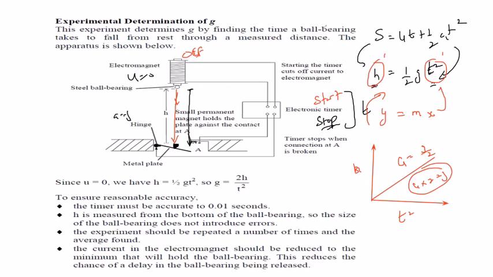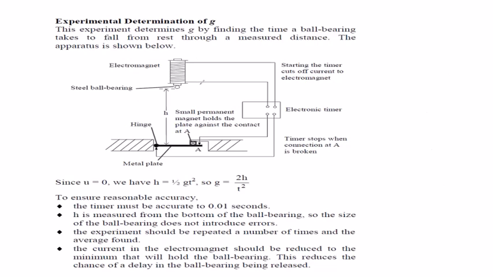So this is the experiment to find the acceleration due to gravity by using the electromagnet, and to ensure reasonable accuracy, the timer must be accurate to 0.01 second, the electronic timer which we use for accuracy. The height is measured from the bottom of the ball bearing so that the size of the ball does not introduce an error. So when we measure the height, we should measure from this position. Why not the full ball? Because if the full ball is there, then the size of the ball will also have a value, and that will affect our final result. Then the experiment should be repeated a number of times to find an average,